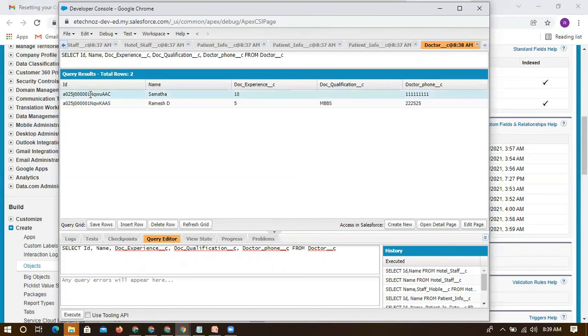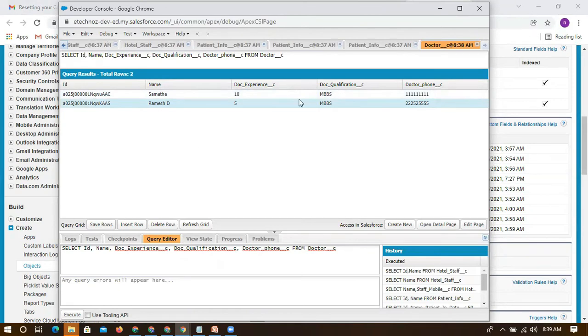And if you go to that record also, this is the record. You can go to that record and check it. The doctor qualification, which is not mentioned here, we will mention again and save it. Now refresh the grid. You can see MBBS also. And the phone number, I want to modify this phone number also. Likewise, you can do it from the backend or front end. So no issues. This is a simpler way, right?